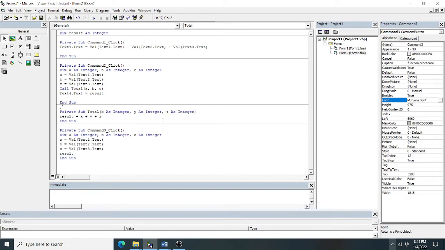This one is called your sub procedure. Now what I am going to write is the function procedure. Your sub procedure does not return any value, but your function procedure will return a single value.